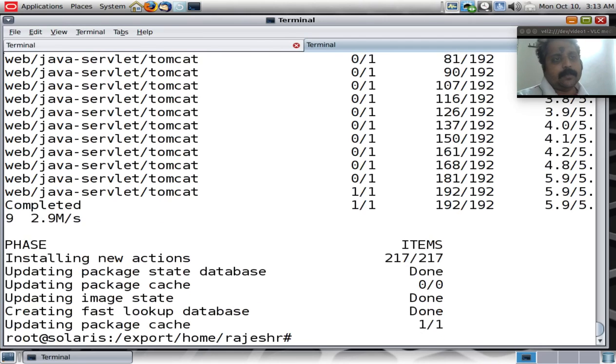As you can see, that was quite fast as opposed to what you might have seen if we had used the default repository, which is the Oracle website repository. It had to go over the WAN to download those packages. Now it was all happening within the site itself, so that was relatively fast.